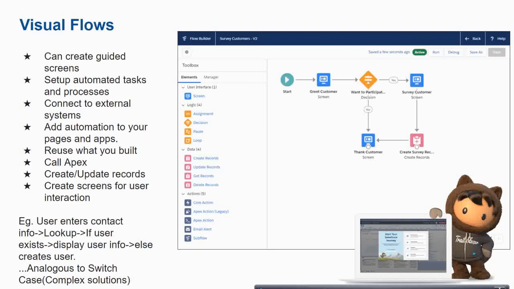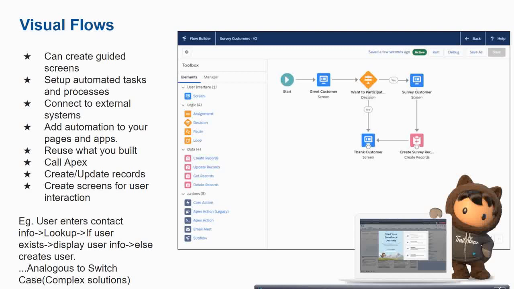Apart from this, this flow builder also provides something called guided screen. Now what is a guided screen? Let's say that you want to show a different kind of screen based on the user input.